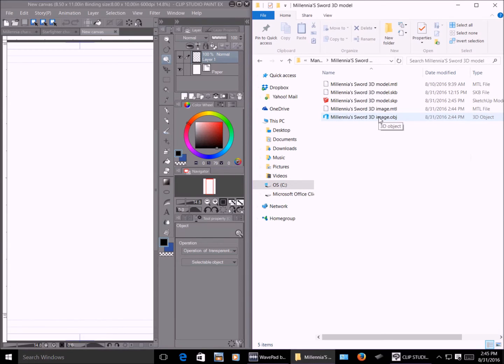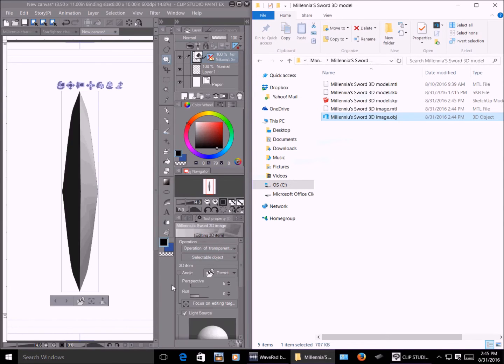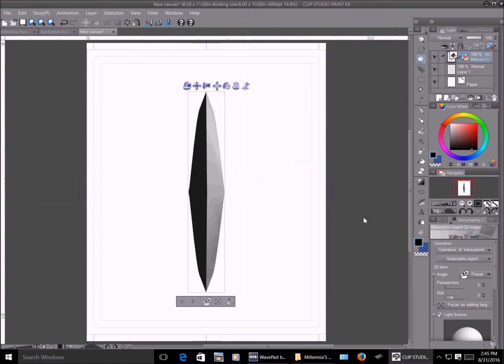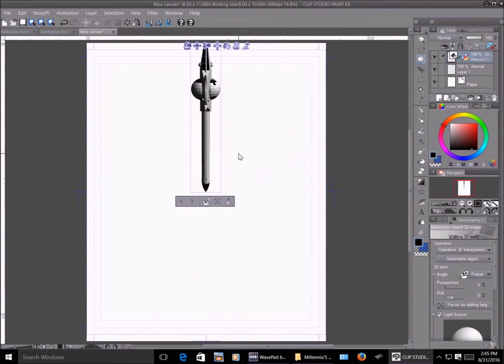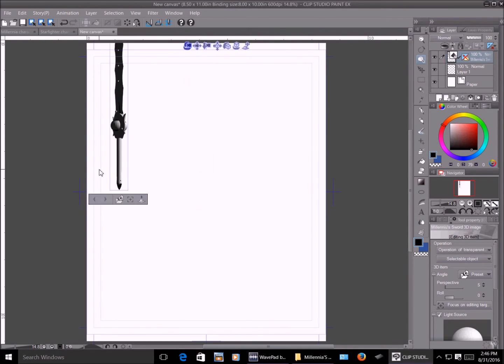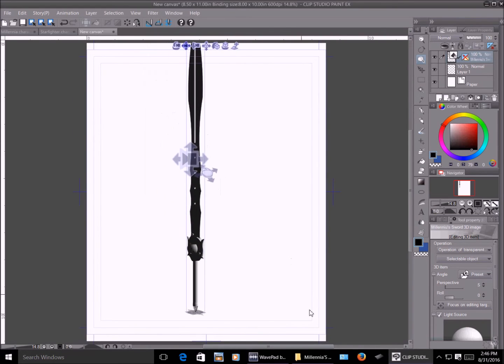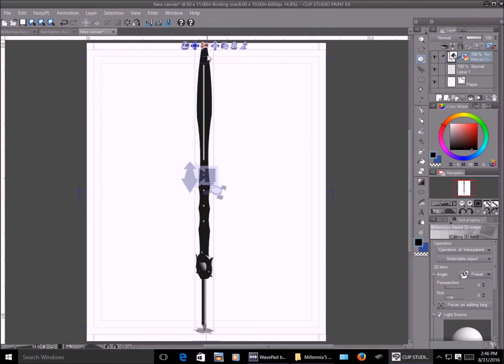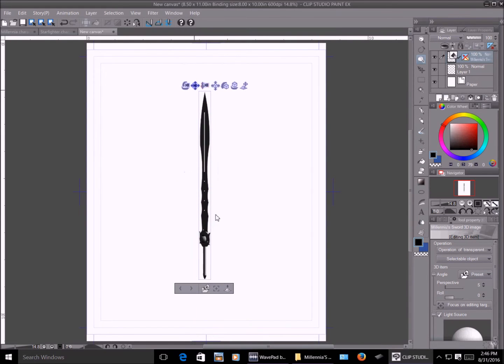So all I have to do is click, drag, little icon pops up on Manga Studio's page. And as you can see, the sword is now in Manga Studio in 3 dimensions.